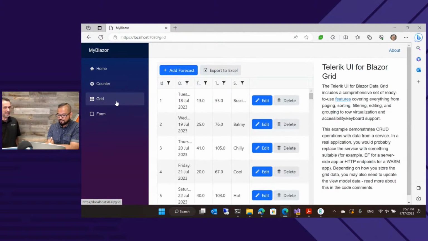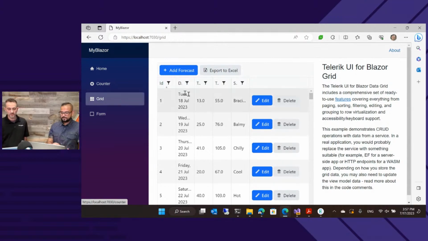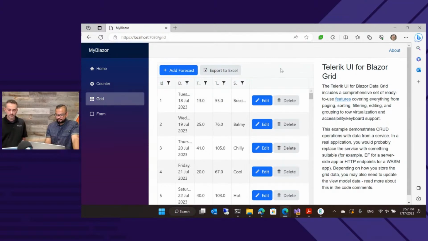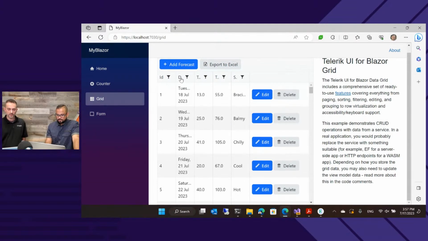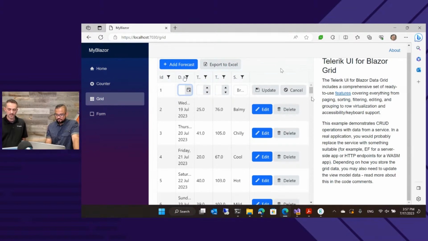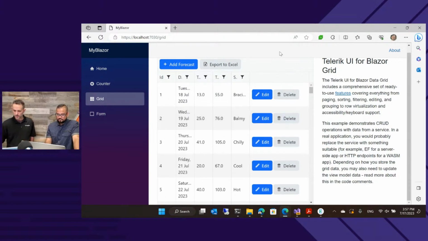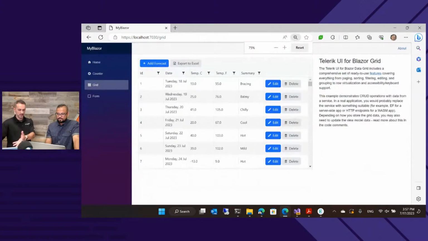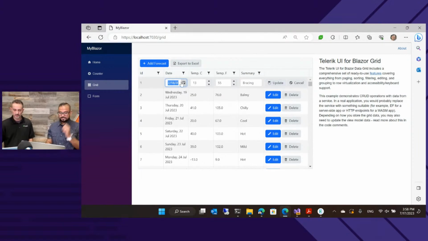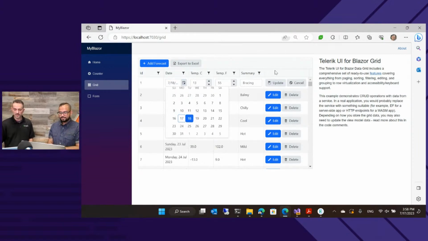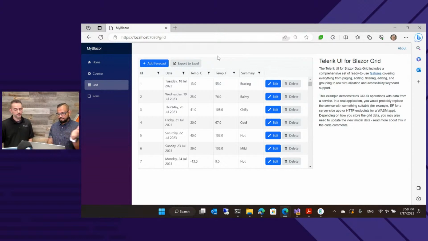You can see the grid though. So no more plain data output here. This is a nice rich UI grid. And we have sorting, filtering, and editing capabilities built right into the component. So we can edit values. It's a little cramped on this tiny screen. I wonder if I can, there we go. That's what it would normally look like. We're using smaller screens here for streaming, which makes things easier. So if I were to edit that, you can actually see the editors in place and everything. So all of this is Blazor UI. It's meant for the web, and it's working in your browser.